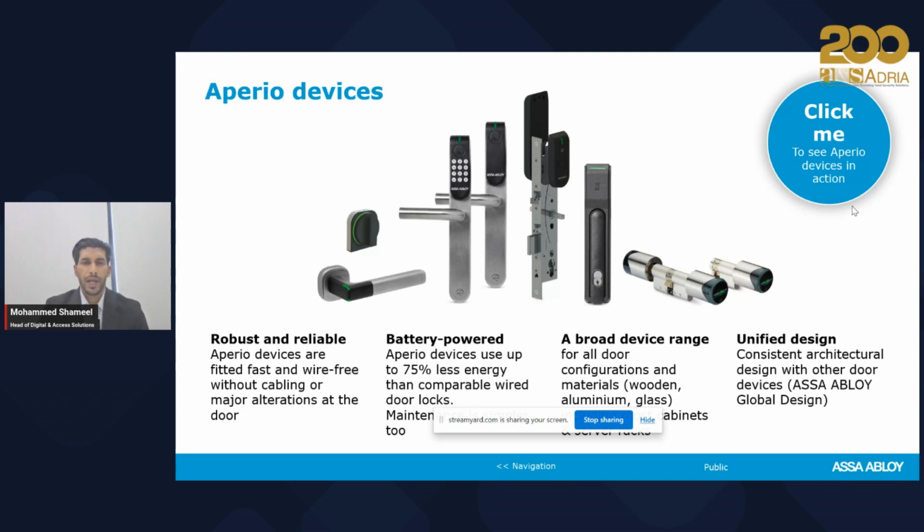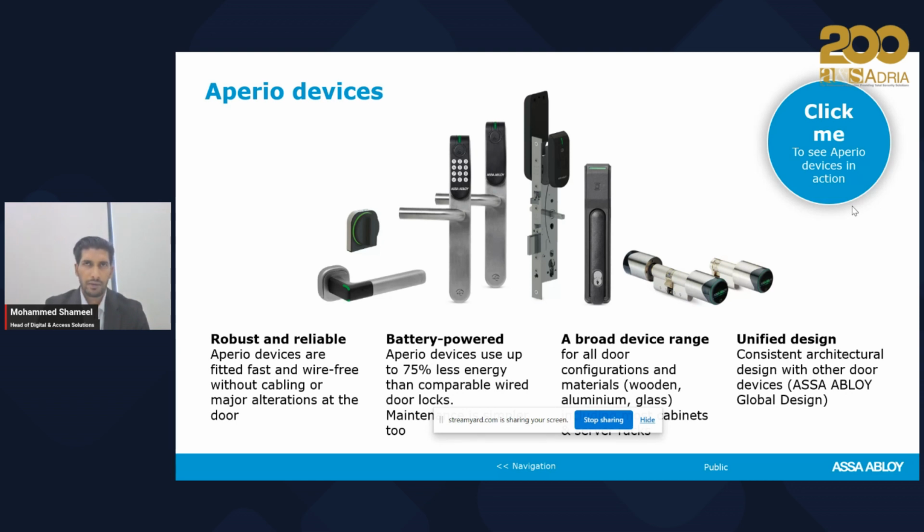We do also have a high security lock. Actually, it's produced in our factory in Finland, which offers many monitoring inputs and outputs. So the door position, the handles from inside, the cylinders. So if someone unlocks the door using a traditional key, that is also logged into the system. So this particular model, the one in the center, has all the monitoring functionality, and it is considered as a high security product. We also have recently launched a cabinet lock.